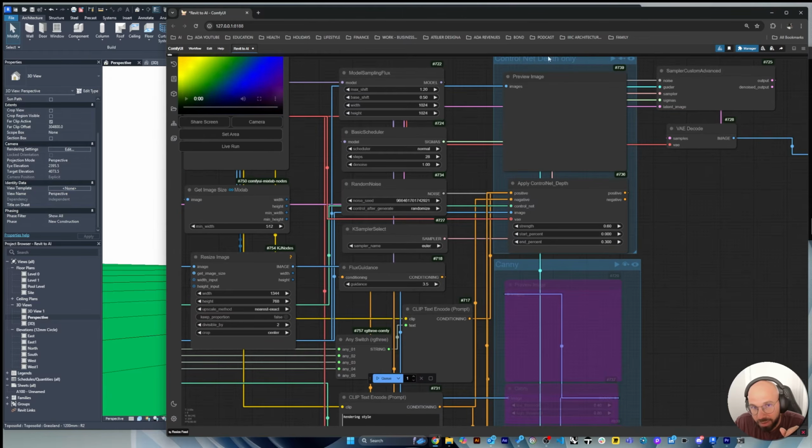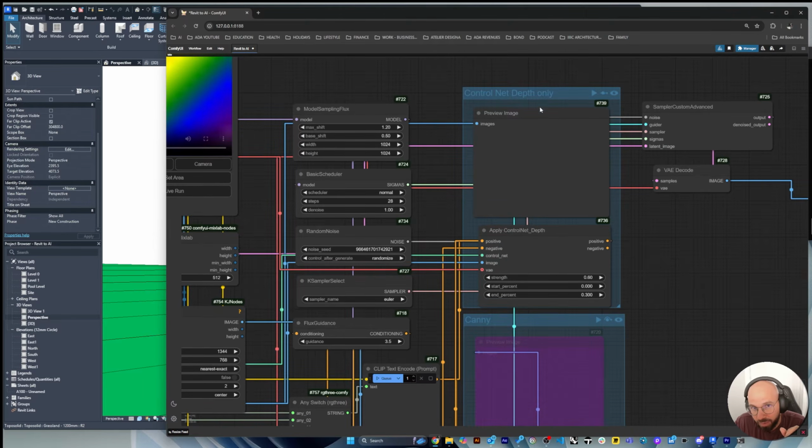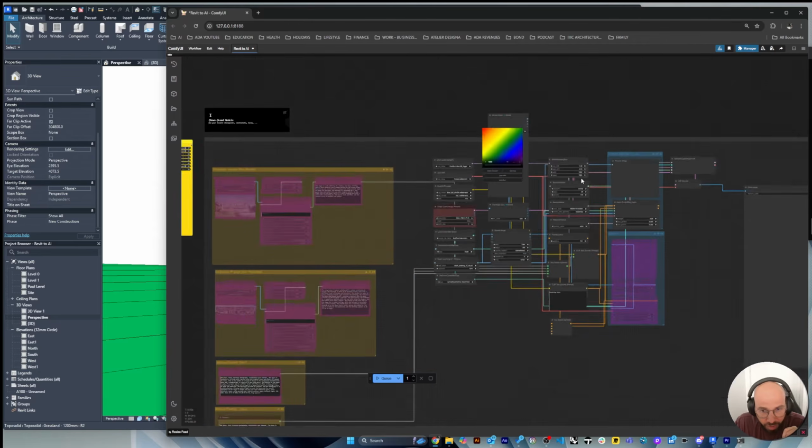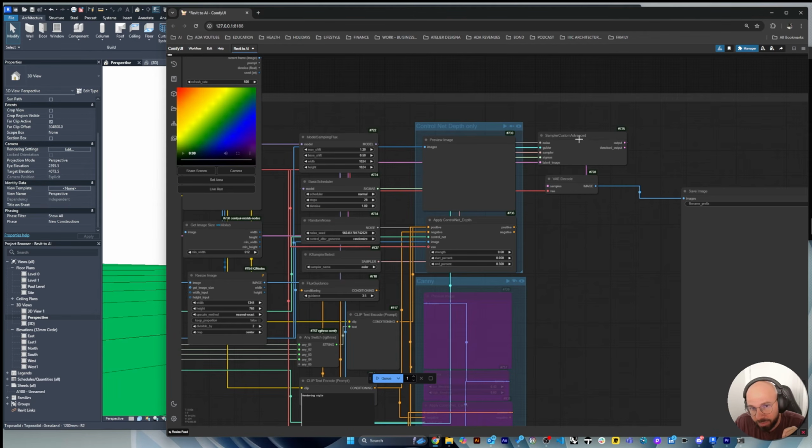What's important in this is really the setting I use for depth. So here's 0.6 for the strength, and then start at 0 and end at 0.3. And then my decoder, and then I save my image. So